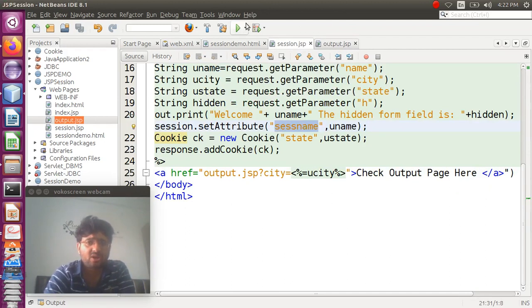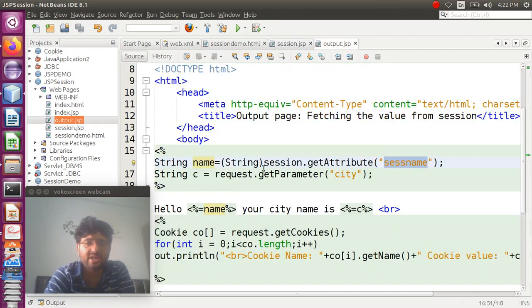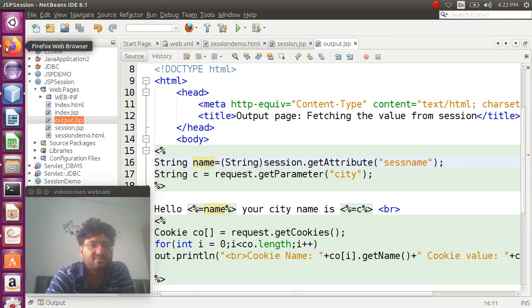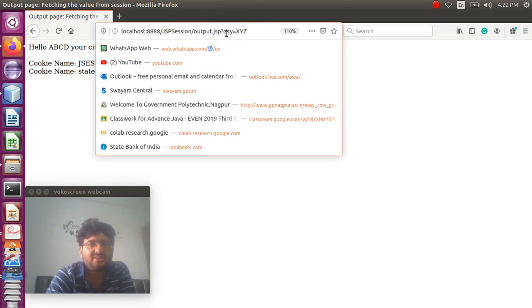Okay, so here what I will get is the value of that particular session as an object reference. So I have to typecast it into a string, because this particular method will return me the object, but I have to typecast it into the string. So I have typecasted it and I am storing it in name. Now the parameter that is being passed in the URL is nothing but the city parameter.